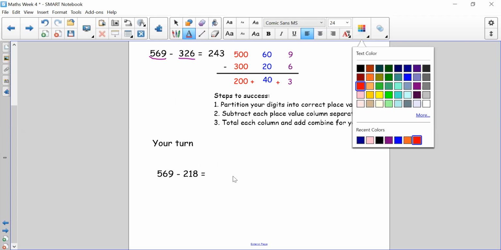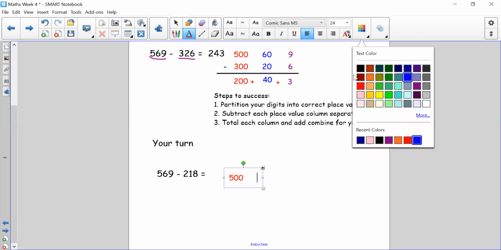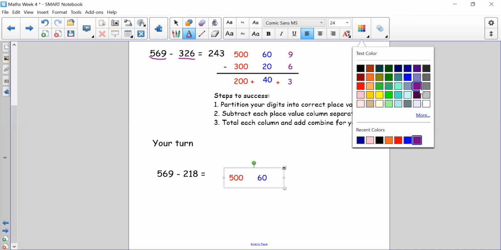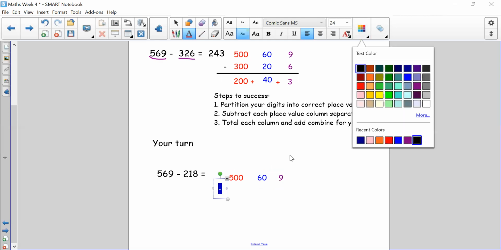Okay, so let's start with our red for our 100. 500. How many tens? 6 tens, which means we have 60. How many ones do we have? We have 9 ones, so that's going to be our ones digit. We then need to subtract. What are we subtracting? Let's have a look. We are subtracting